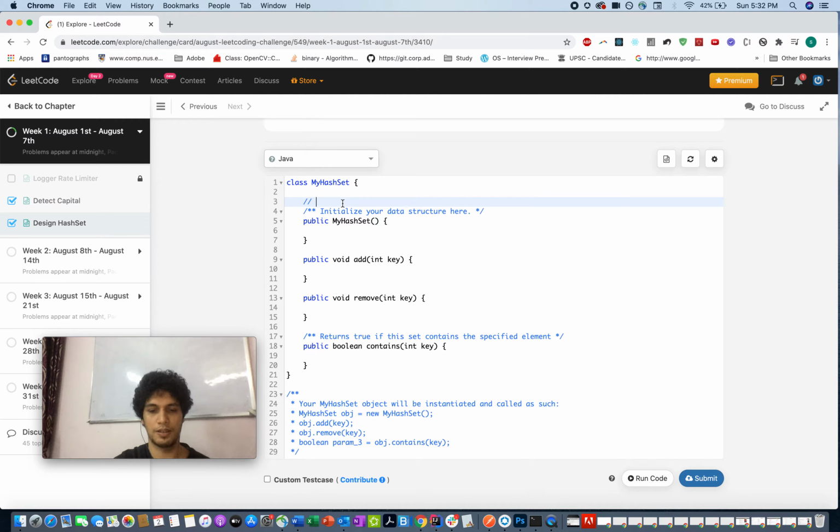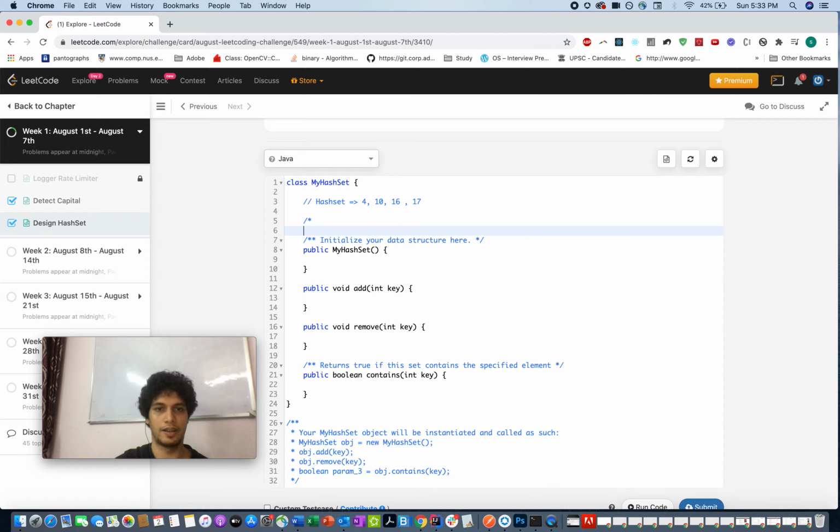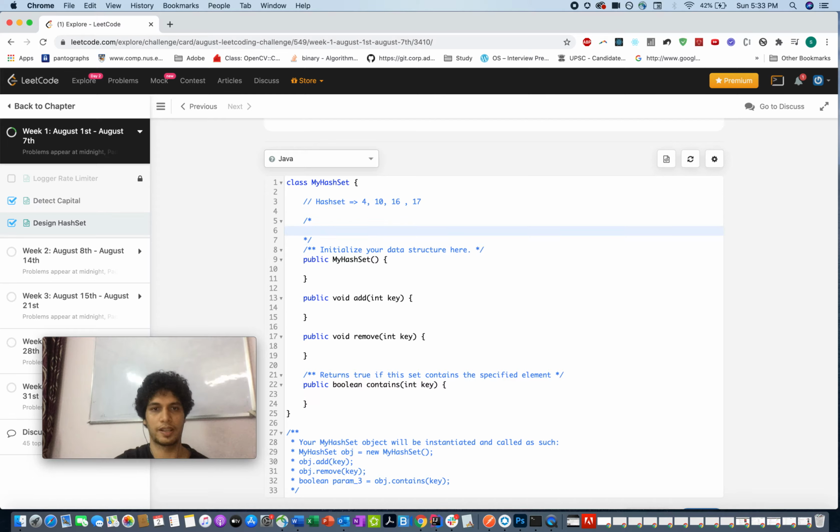For example, the initial keys in my hash set are something like this: 4, then 10, then 16, then 17. So you define a 2D matrix, and the code logic is something like this.